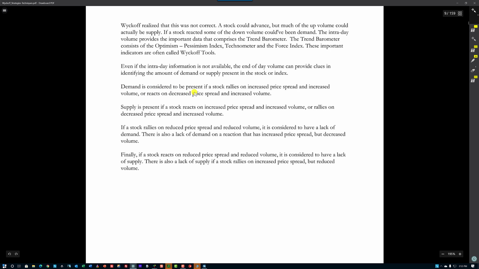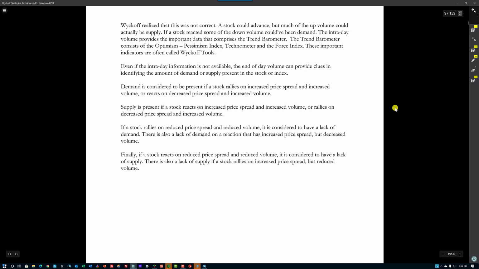So if you look at this here, demand is considered to be present if a stock rallies on increased price spread and increased volume, or reacts or pulls back on decreased price spread and increased volume. Supply is present if a stock reacts on increased price volume spread and increased volume, or rallies on decreased price spread and increased volume. I'm not going to read all the way through that, but this information is in this book, and